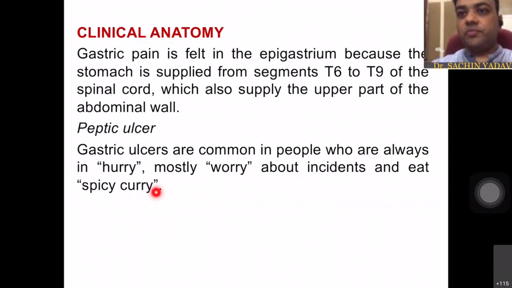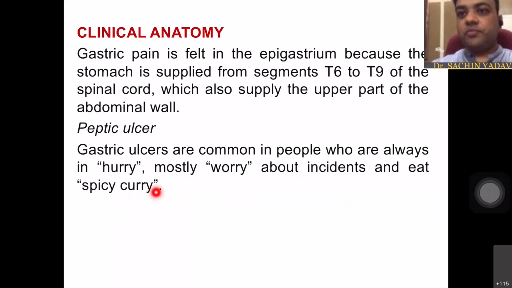Why is it even more important to know about the ulcer? Because if they are eroded and not corrected properly, it can lead to exposure of the blood vessel to the lumen and to the acidic content of the stomach, and it can erode the vessel and lead to hemorrhage. So in any case of vomiting of blood, that is known as hematemesis, you have to see if there is a gastric ulcer.